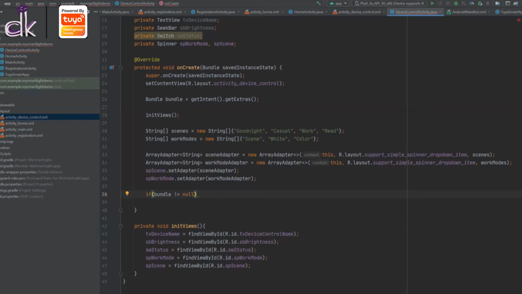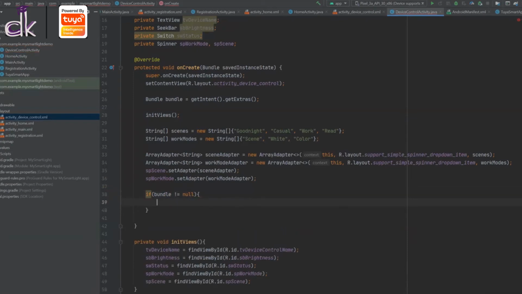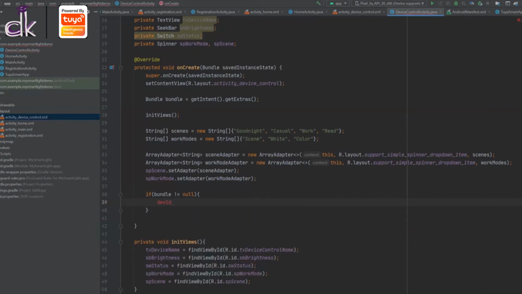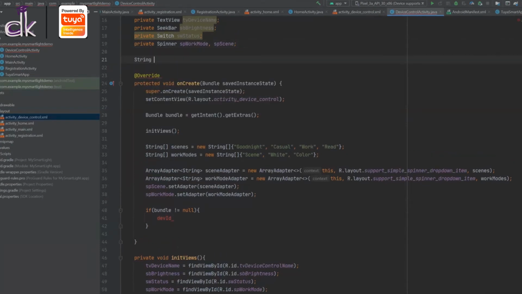If it is not equal to null, obviously that means it has something, and that something is nothing but the dev id. So let's create our strings here: dev id, dev name, and then the prod id. These are the three pieces of information that you can display if needed, but in our case we are only going to use the dev name.